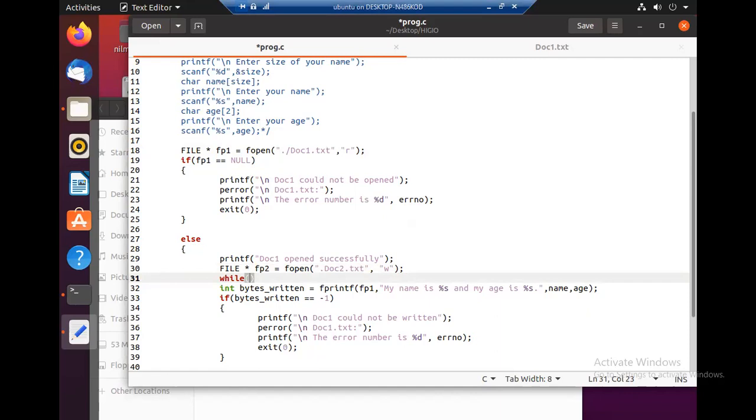So while the output of fscanf is not equal to end of file. What is the file that we are going to scan, or read? It is fp1, from file pointer 1.